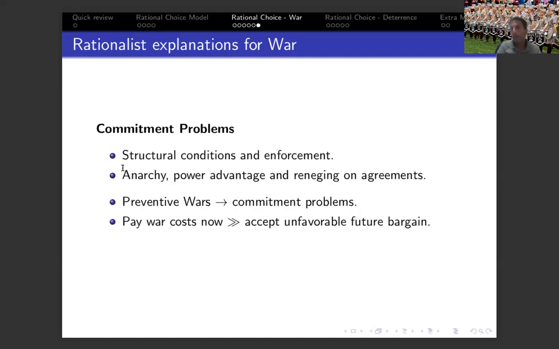Now, at the same time, actor B, which may be viewed as the weaker state in this relationship, understands that dynamic, and this actor may prefer to go to war now, in the current period, rather than accepting a less favorable bargain in the future. Again, I'm explaining this as two events that happened one after another, but they actually happen at the same time. So while A is getting stronger, B understands that, and B would prefer under those conditions to go to war now before being a lot weaker than A, and then having to accept this unfavorable outcome of the conflict in the future.